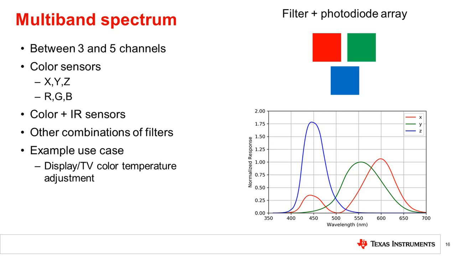Multi-channel sensors will typically have between 3 and 5 channels. Common examples are XYZ and RGB sensors. The RGB color sensor is a 3-channel sensor that measures the red, green, and blue color content as defined by the RGB color space. XYZ sensors match a CIE standard for defining the full space of colors able to be seen by the human eye. These sensors are useful for adjusting the color temperature of displays to match the environment for a more natural viewing experience.